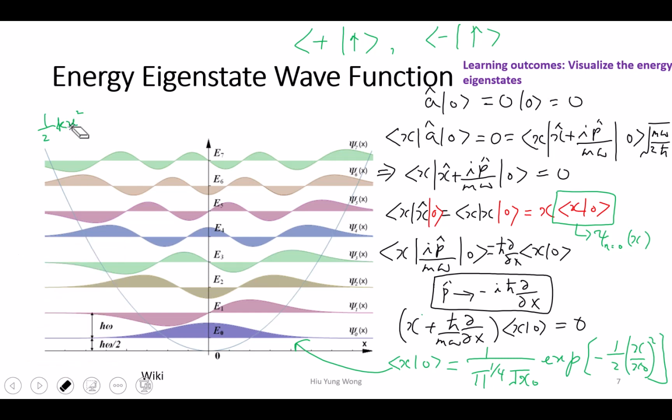Classically, you should not have any particle that will penetrate here because your energy is at here, right? When n equals 0, you have the fundamental ground state energy, the vacuum energy, which is h bar omega